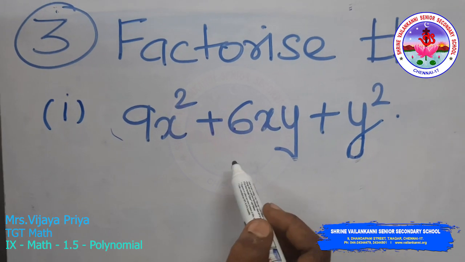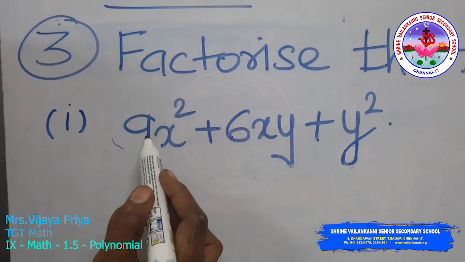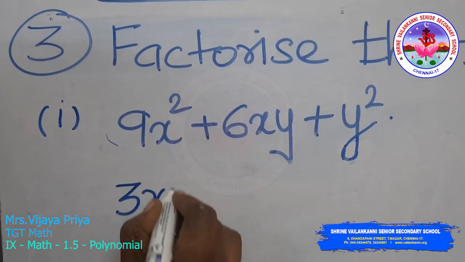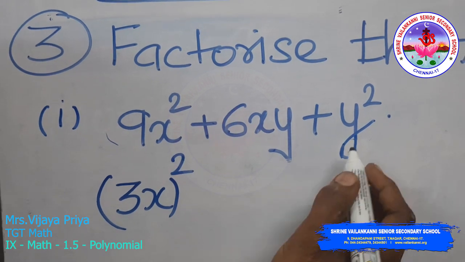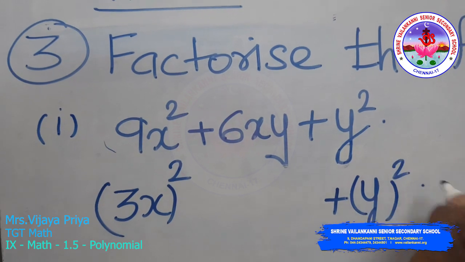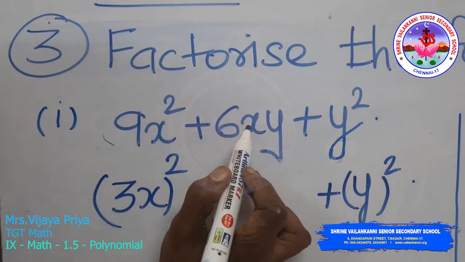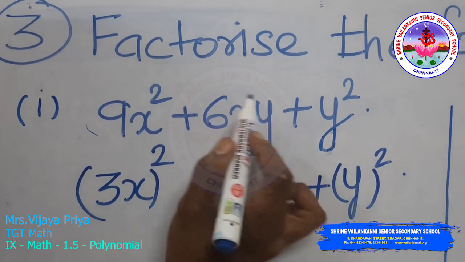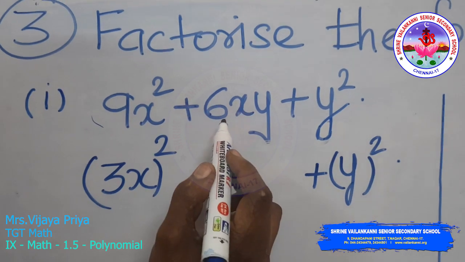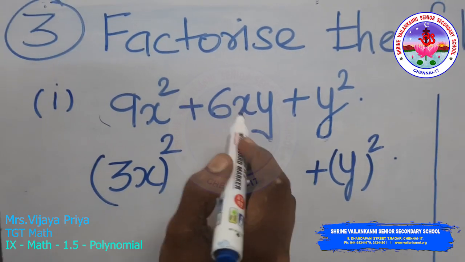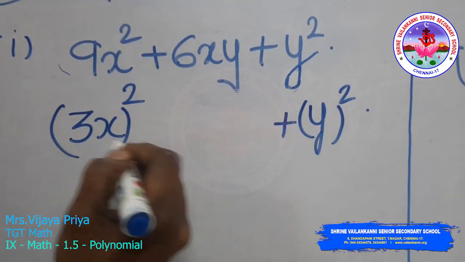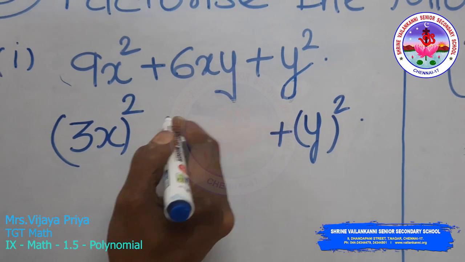We are going to use one of the identities here. Since the coefficient of x squared is 9, which is a perfect square, I am writing this as (3x) whole squared, and going to the last term, I am writing y squared as (y) whole squared, and the middle term is given as 6xy. Since it is given as 6xy, I can prefer the first identity, (x + y) whole squared, since in that formula you have the middle term as 2xy. So we are going to check whether this formula will be applicable here.